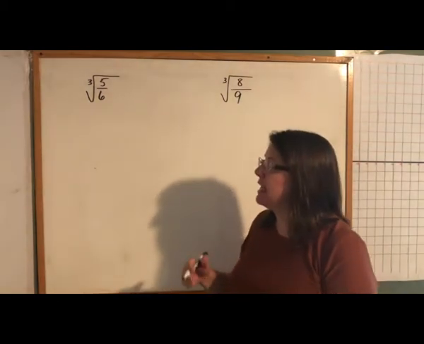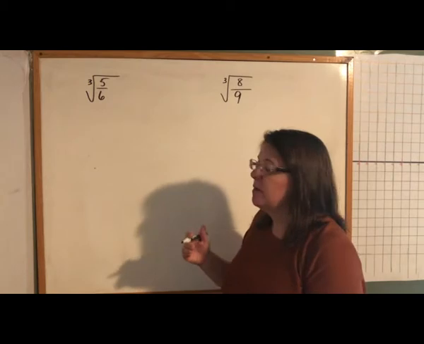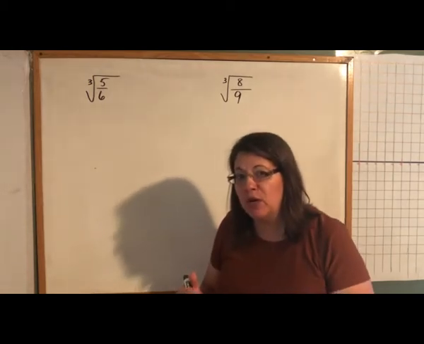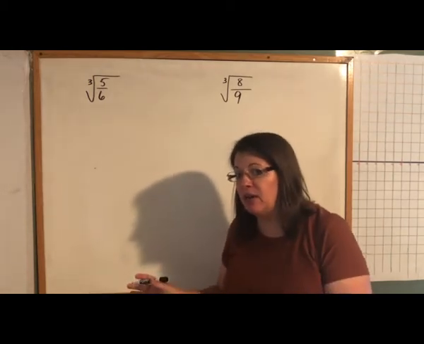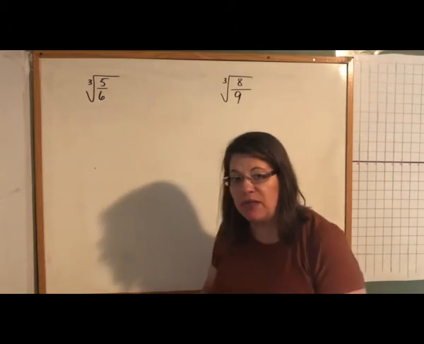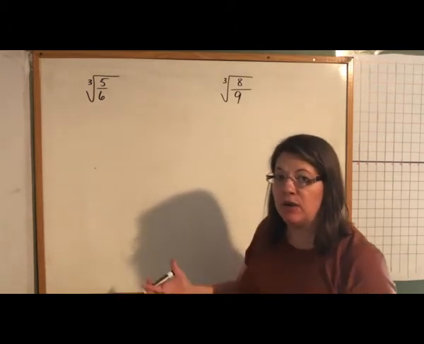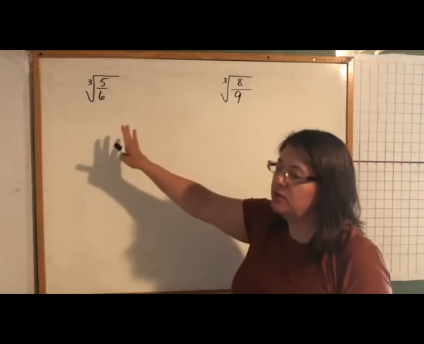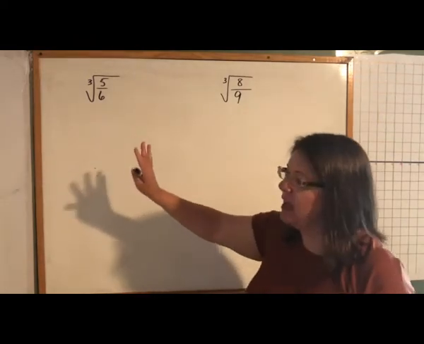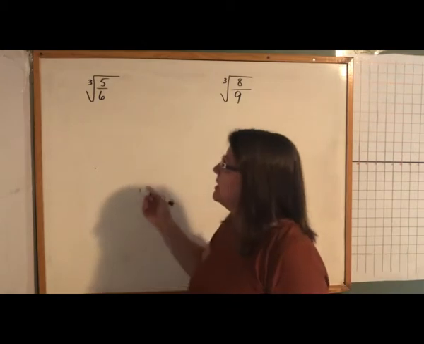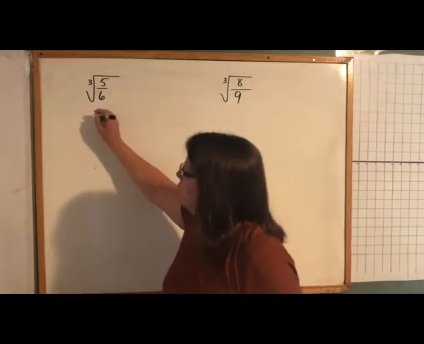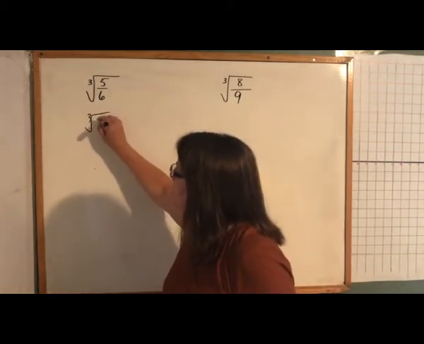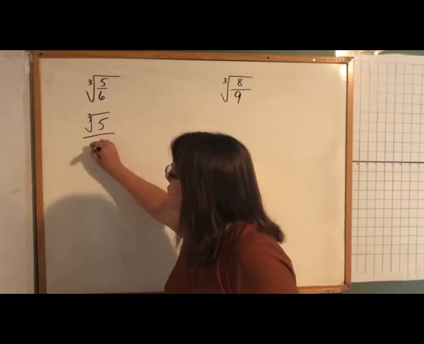Now, once we get into calculus, sometimes those answers are so complicated we don't want to have to rationalize the denominator because the algebra associated with that is so hard, it just takes away from the calculus that we're trying to learn. So for now, they're going to be easy enough to where we'll rationalize them all and you'll never leave them like that. So I'm going to first take the cube root of 5 over the cube root of